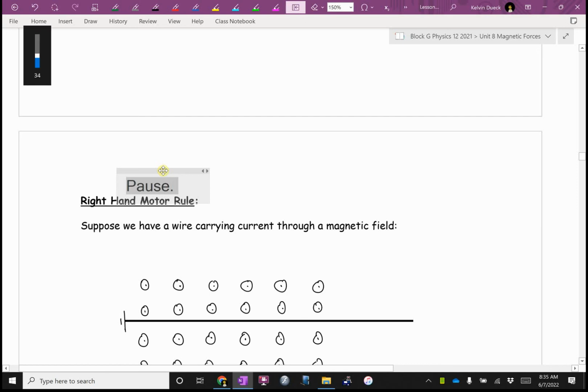So, last day, we started saying that it turns out that magnetism and electricity are two sides of the same coin. We said that they're a force, a unified force that we call electromagnetism. We said that if you have an electric field...